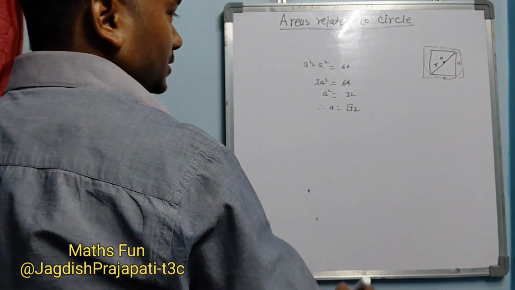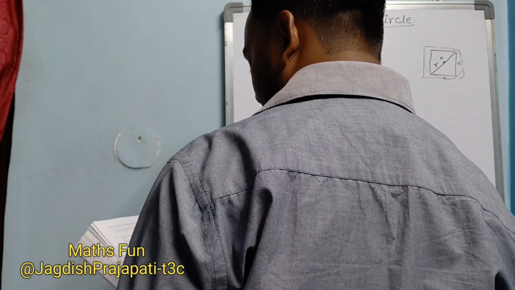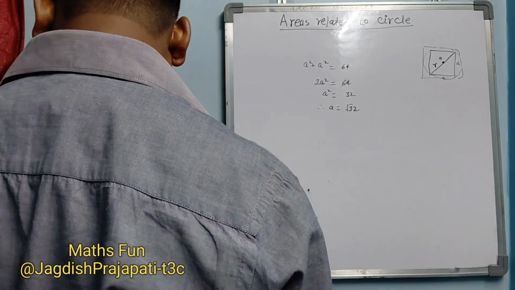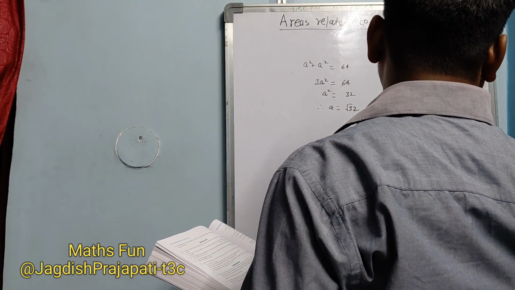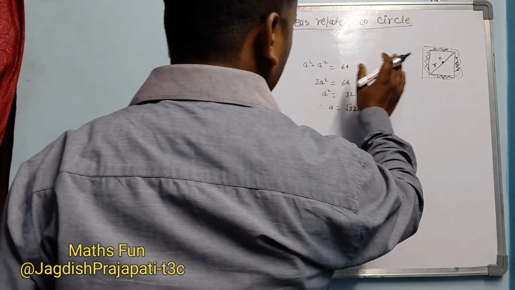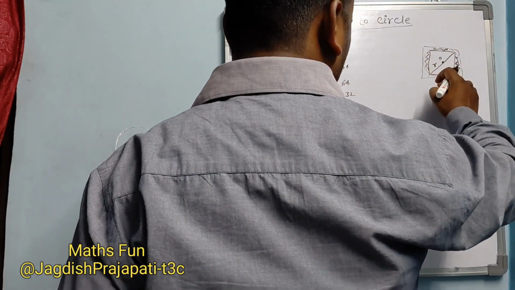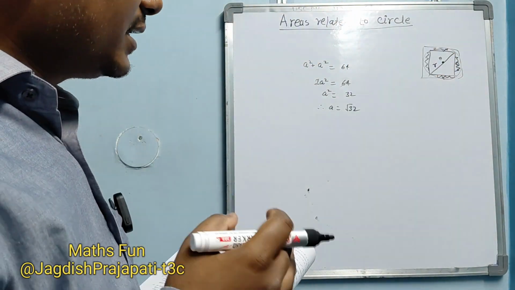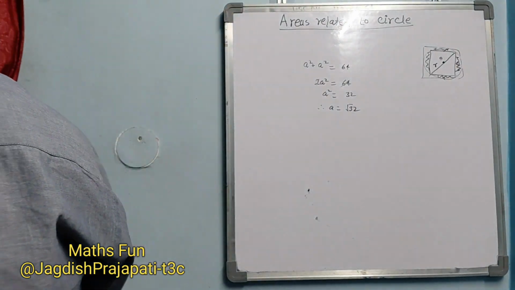Okay. So what will be the required area in this case? Find the area of the region lying inside the circle and outside the square. So we have to find out this area. Same thing we have to use here. This area will be equal to area of circle minus area of square. It is that simple, just like in the previous case we did. So you have to do this.